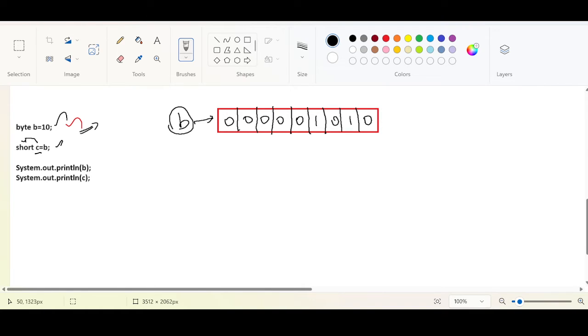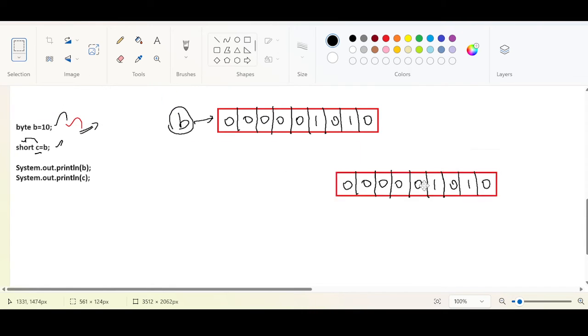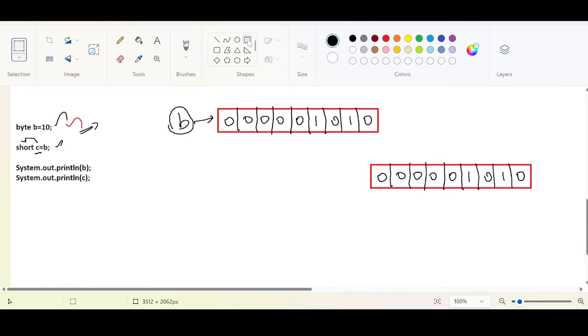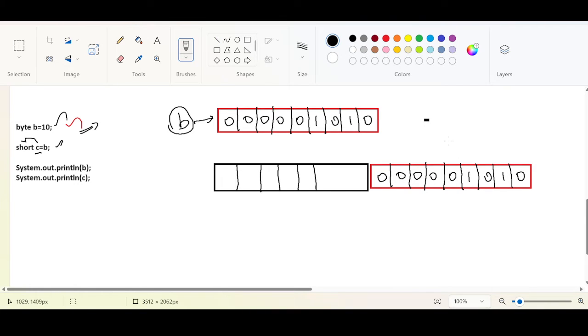which is of short data type, right? And when I say short data type, it is of 16 bits: 8 bits, and we need to take another 8 bits. This is the short data type. New guys, if you are getting confused, revise the bit manipulation topic. I have uploaded those videos. You will get a clear picture about bit manipulations, right? So C,